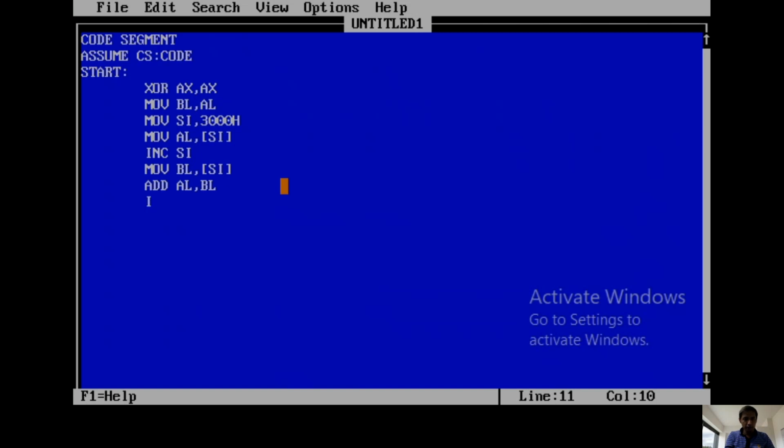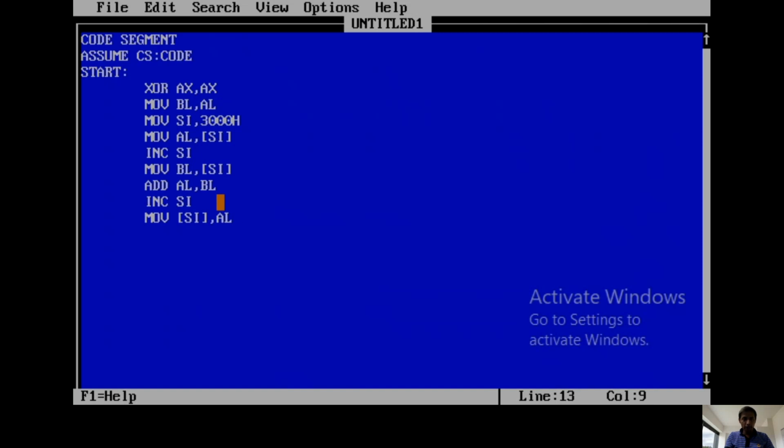For that, after this instruction, increment SI. What is SI? Originally 3000. After the ADD AL instruction, we are incrementing SI. What is SI now? 3001 here. Then we are selecting data from 3000 with the help of BL. Now incrementing SI again. What is SI now here? 3002. So 3002 is now SI for the result. Then simply MOV [SI], AL. So AL sends its lower byte result into SI. Like that we print the lower byte only.